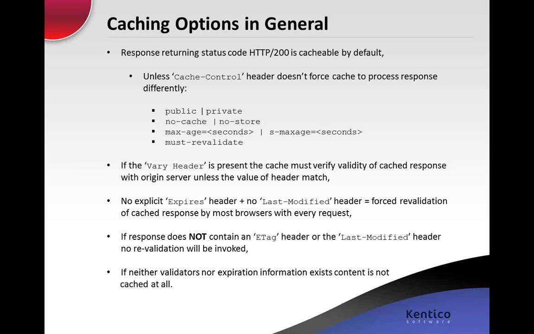Then you can see the max age or must revalidate headers in the cache control. The max age, the HTTP 1.1 version of the expires header. The max age allows you to specify the expiration time for the item relative to the current client time,